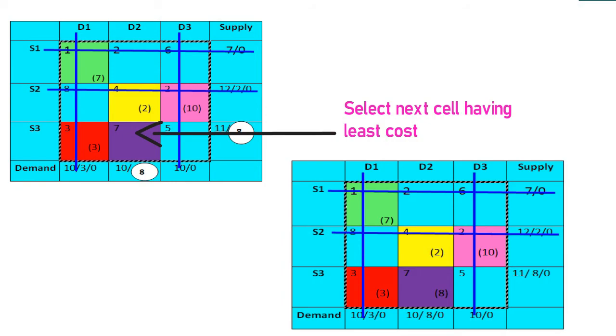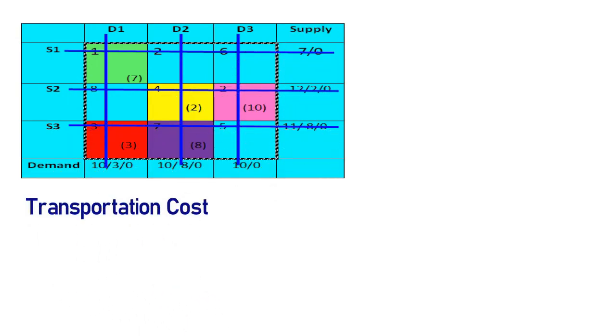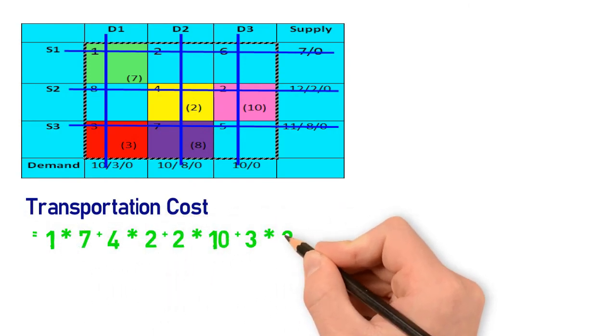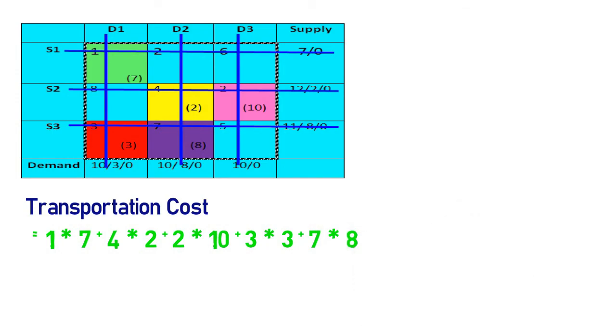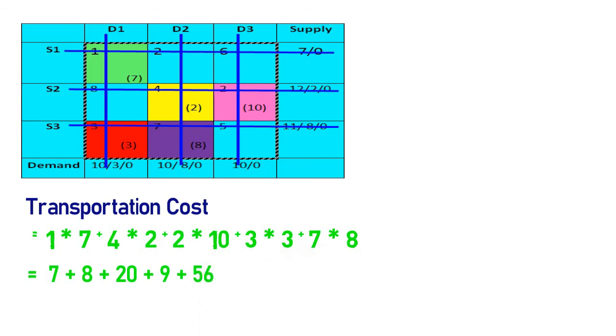Okay. So if you observe all the last values of supply column and all the last values of demand column, all the values are 0, means here our problem stops. Now we have to calculate the transportation cost, means for that purpose we have to use the colored cells. Now first cell is what, 1 into 7, then plus 4 into 2, plus 2 into 10, plus 3 into 3, plus 7 into 8. After solving this, you will get values are 7 plus 8 plus 20 plus 9 plus 56 is equal to